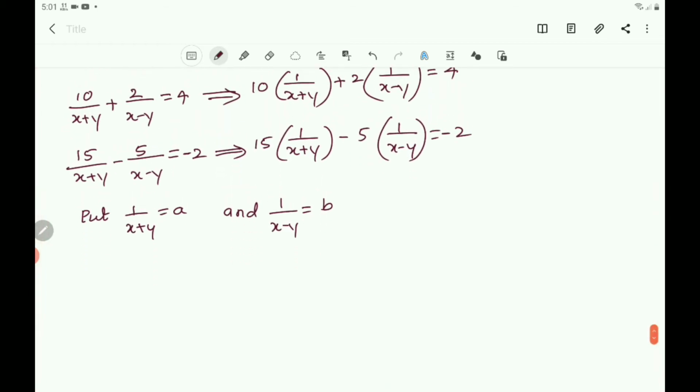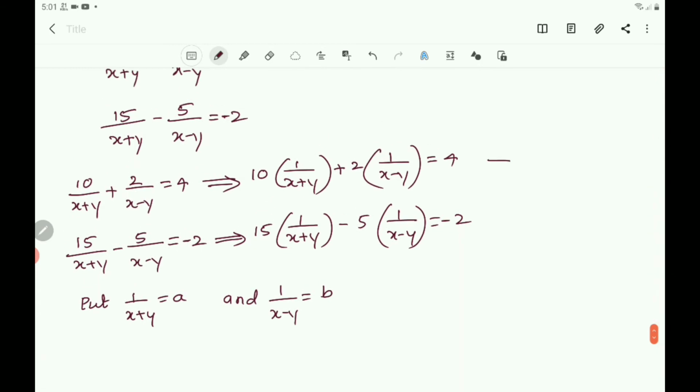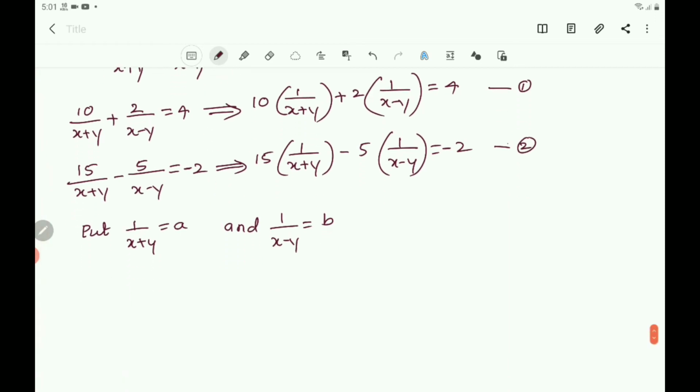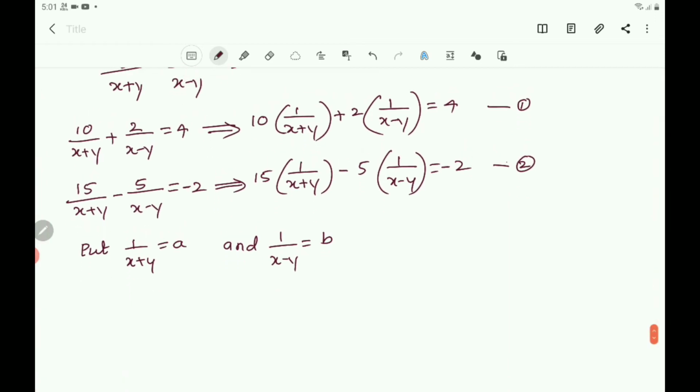Consider this as the first equation and this as the second equation. Now take equation 1. That becomes 10a plus 2b equals 4. And equation 2 is